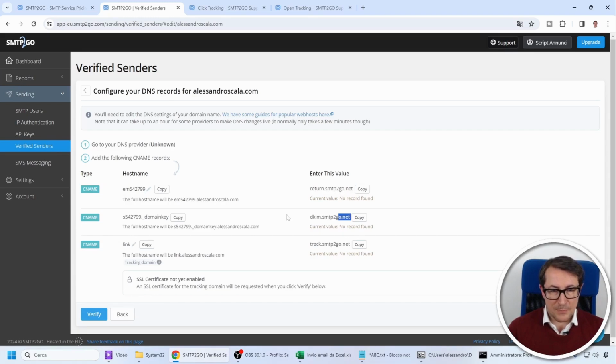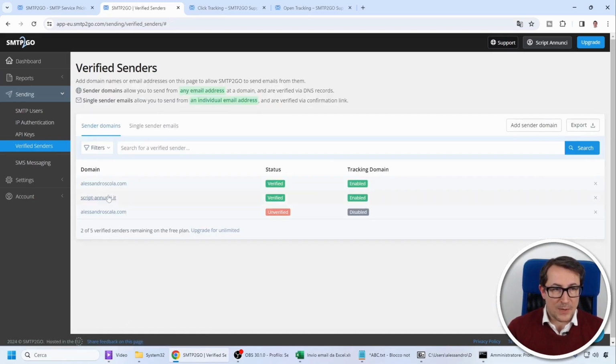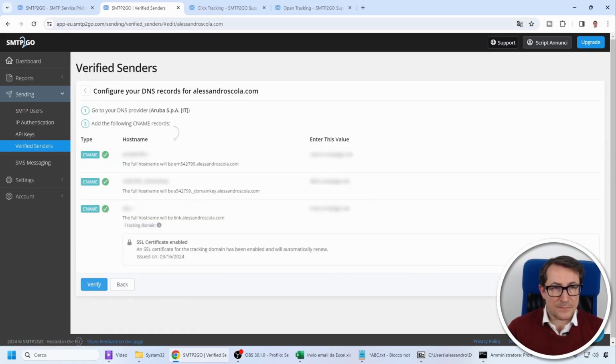This is because the email servers that will receive your email need to verify that SMTP2Go is authorized to send the email on your behalf for your domain. So, it's essential to go into DNS management, which obviously says unknown here because this domain probably doesn't exist. But if I go to mine, for example, it shows that it recognizes it as Aruba.